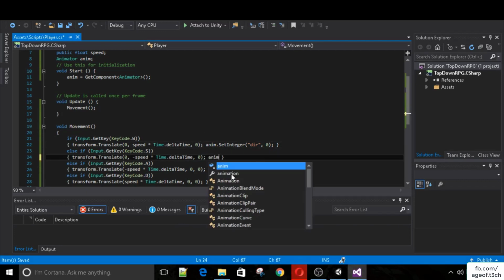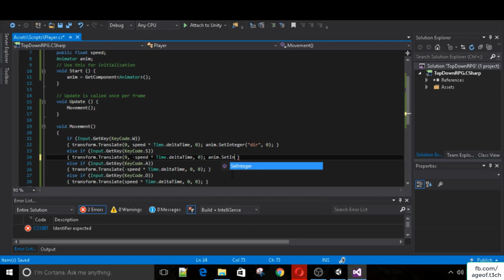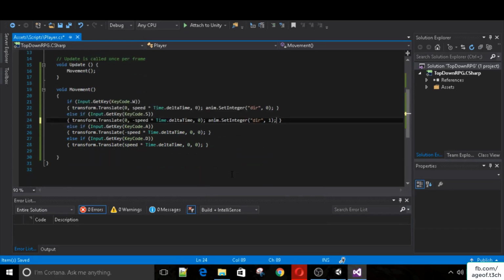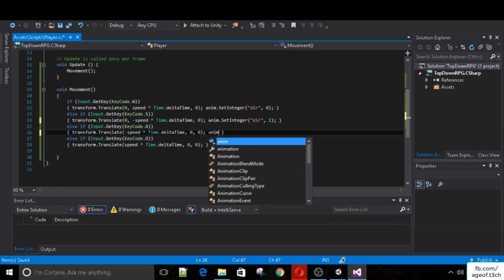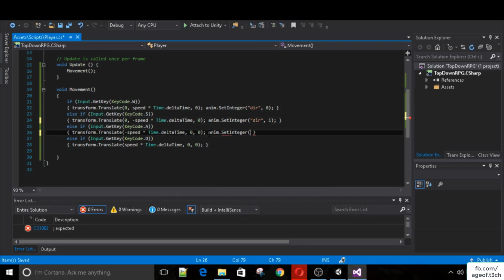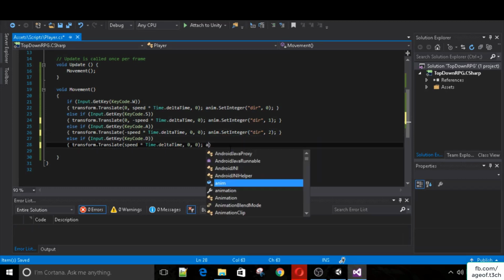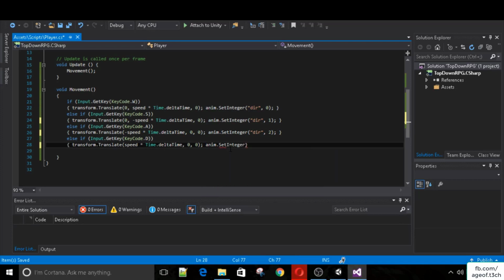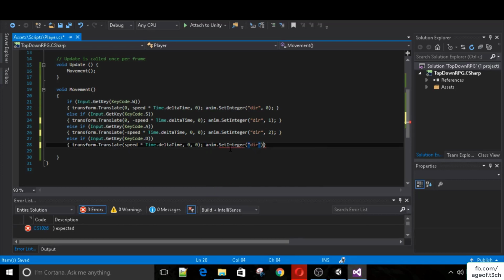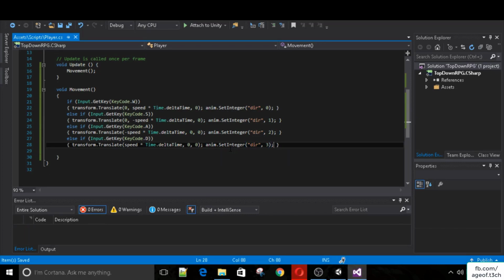For down, we will say anim.SetInteger, again direction, and the value is 1, I believe. For left, the value is 2, so anim.SetInteger direction 2. And for right, it's 3. anim.SetInteger direction and 3. Okay, so now if we save this,